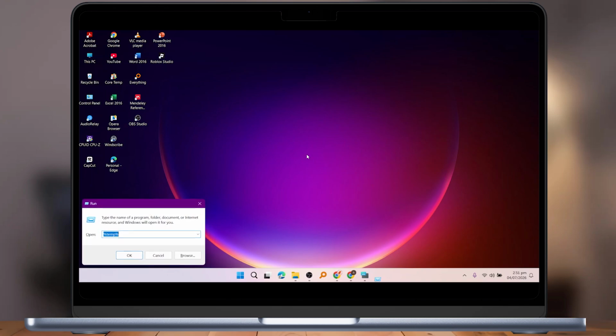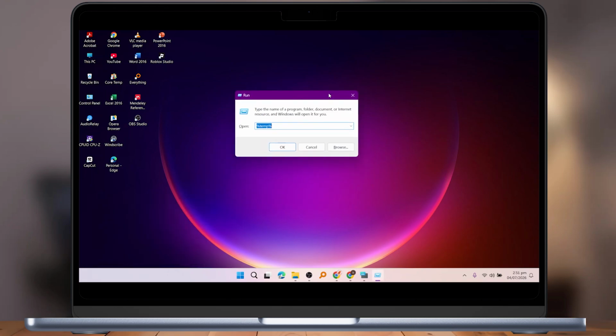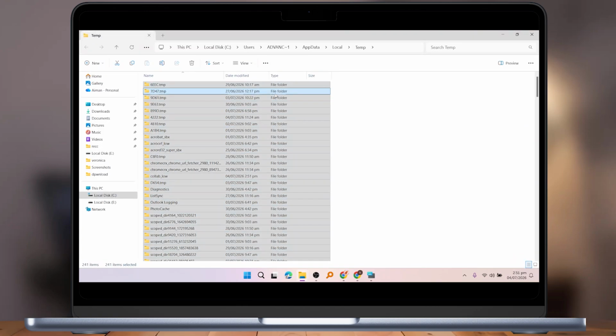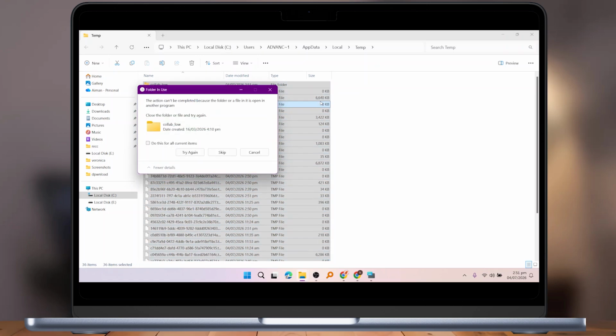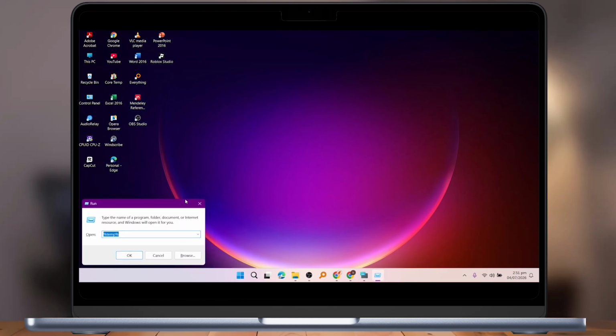Now open the Run tab by pressing Windows and R on your keyboard. Here, type %temp% and click OK. You will see a folder containing temporary files stored by applications in your browser. Now select all the files and delete them. If some files cannot be deleted because they are currently in use, simply skip them and continue with the remaining